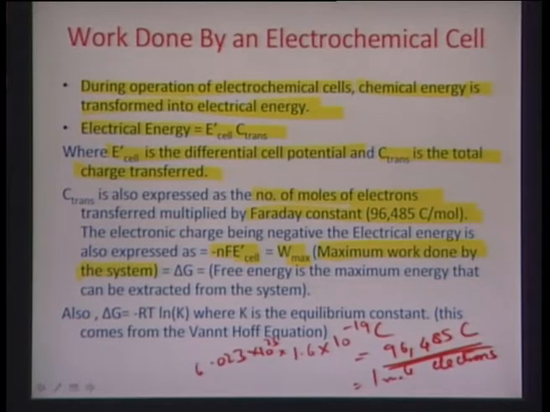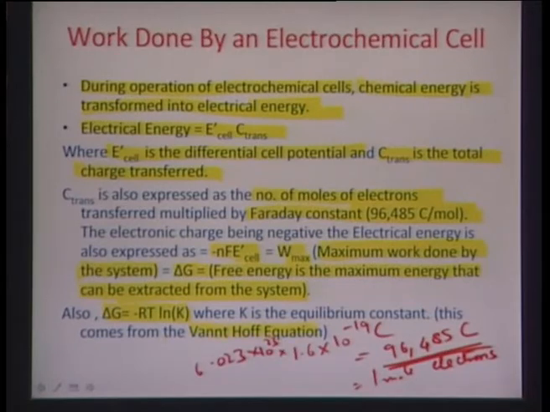So, from the principles of thermodynamics, we also know this very famous Gibbs free energy concept, which is essentially the maximum energy that can be extracted from a system, and that can be equated to the maximum work done by the system. So, really the Gibbs free energy delta G, which is also given by this expression here, minus RT ln K, and K is the equilibrium constant, which I am going to come to in just a little bit,